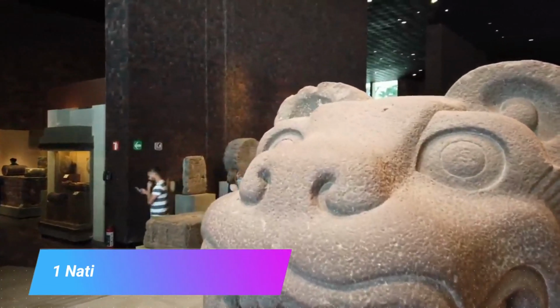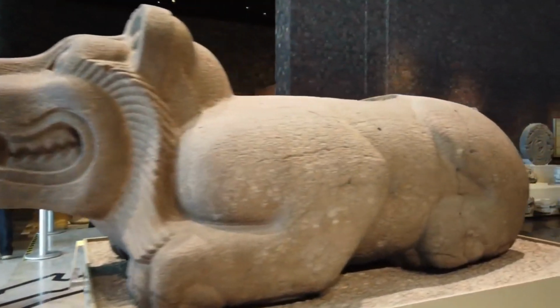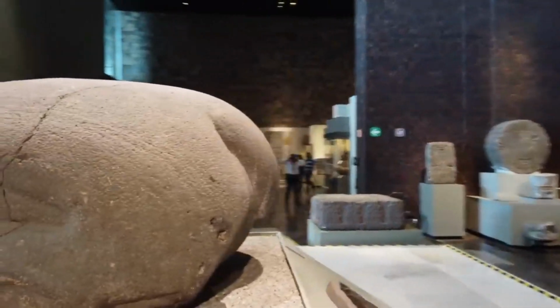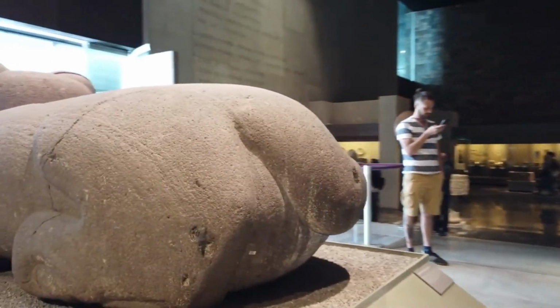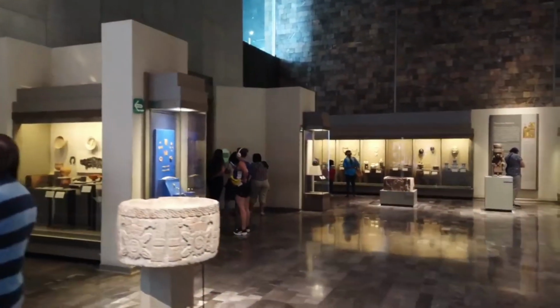Number 1. National Anthropology Museum. The place where you can feed your curiosity for Mexico's pre-Columbian cultures, the National Anthropology Museum is rich with artifacts and anthropological exhibits spanning millennia. More than a trip into Mexico's past, the museum cuts to the core of modern Mexican identity and pays tribute